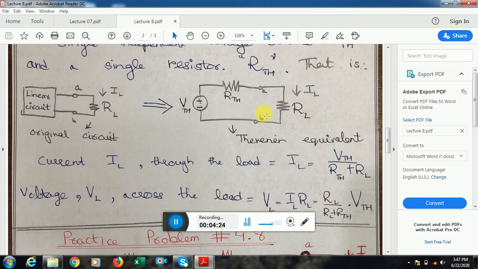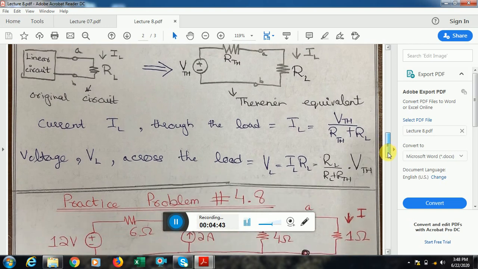the voltage is divided. So I have to use the voltage divider rule, and VL will be the same resistance in the numerator divided by the sum of all the resistances in the network. We have two resistances, R Thevenin and RL, multiplied by the applied voltage, which is V Thevenin over here. So to have a better understanding of this topic, I would move on to practice problem